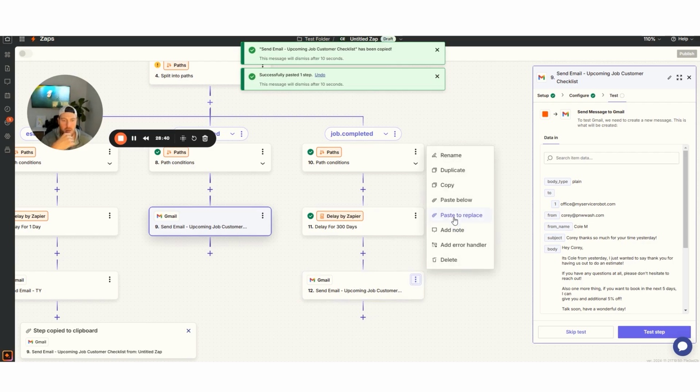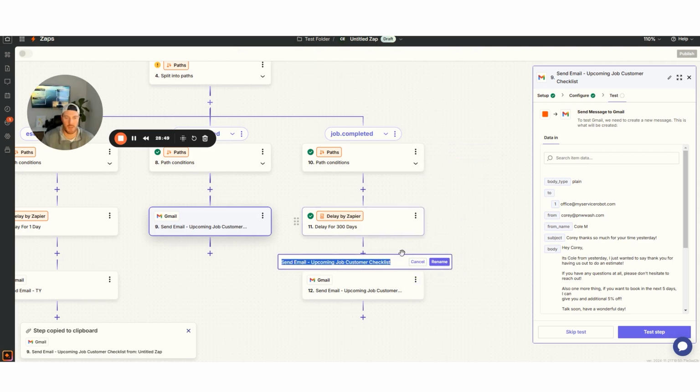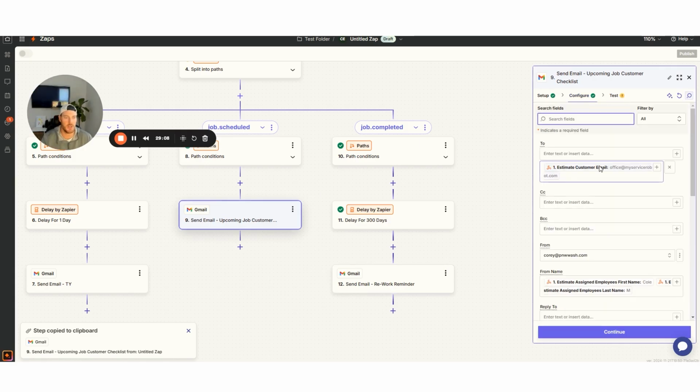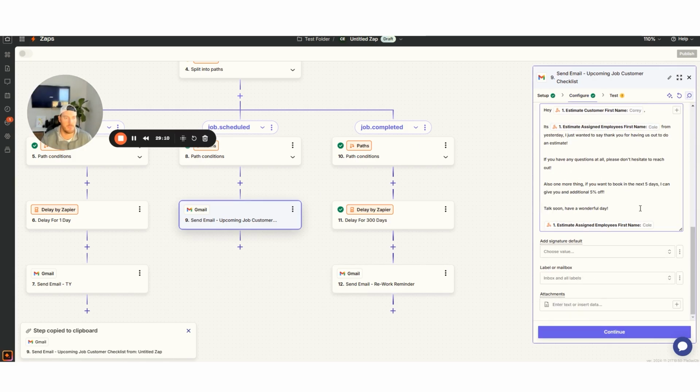And what we'll do here is rename this rework reminder. Okay, so we're just going to do that for instance. Now in this checklist, you would obviously want to edit these messages, but for the video's sake I'm not going to, but you get the gist here. But what I will do, just so you can see this, is